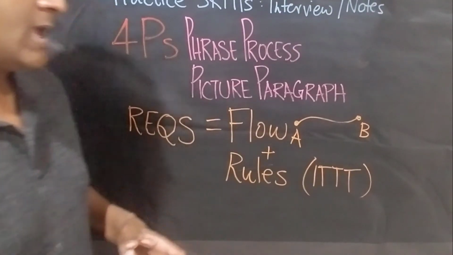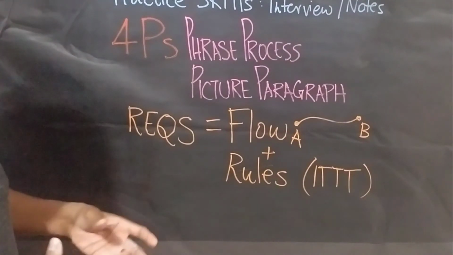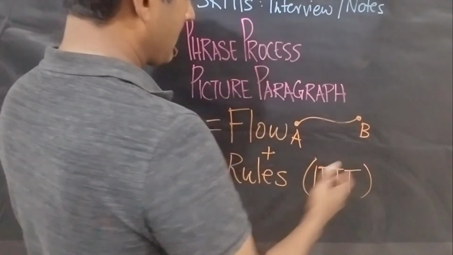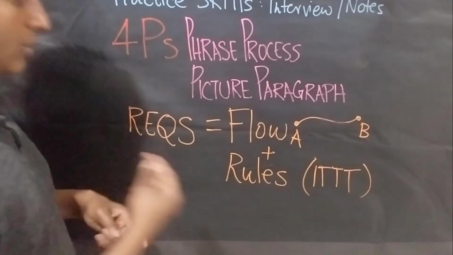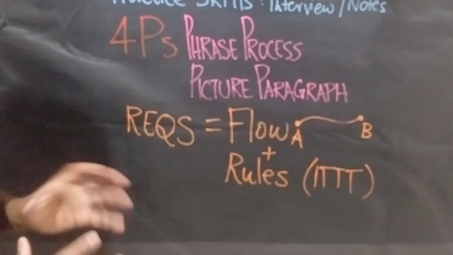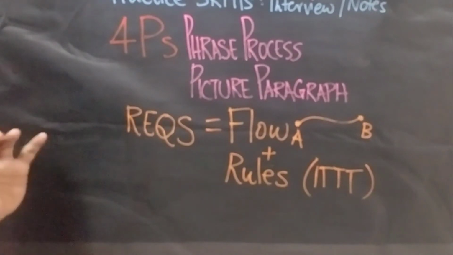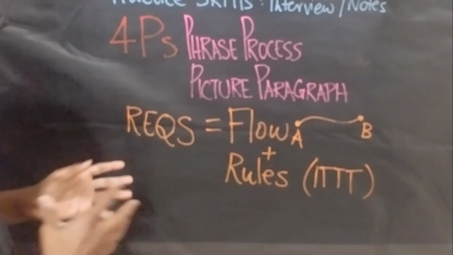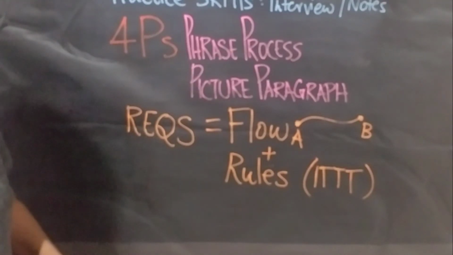To give you an example, if you want to renew your license, a suspended license cannot be renewed, right? So what are the requirements? First of all, how you renew is your flow. And then what are the rules that go into place while you're trying to do that renewal would be your rules. For any requirements, you can think about what is the flow and what are the rules that need to be ensured, and that can give you a picture of how you can represent these different scenarios, and how to document these and practice even in your current job or while learning a new discipline.